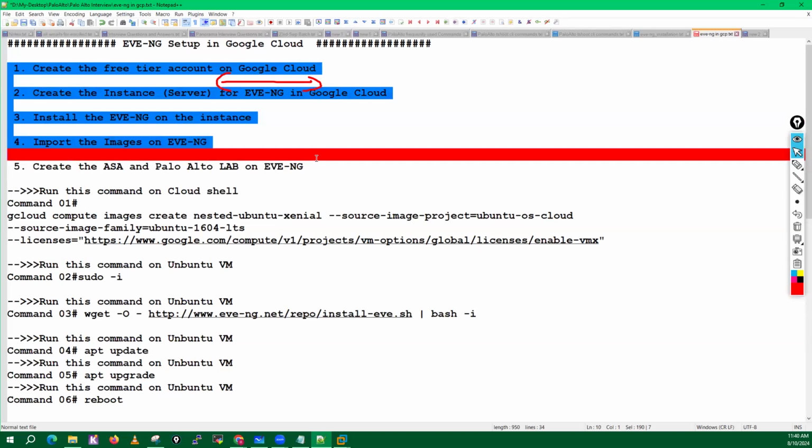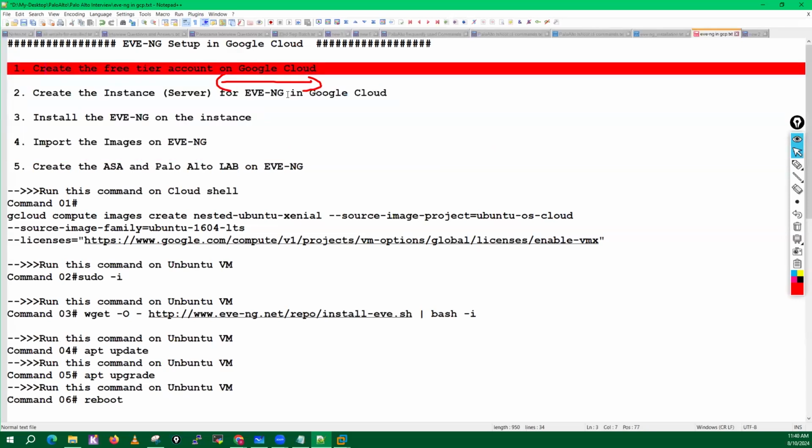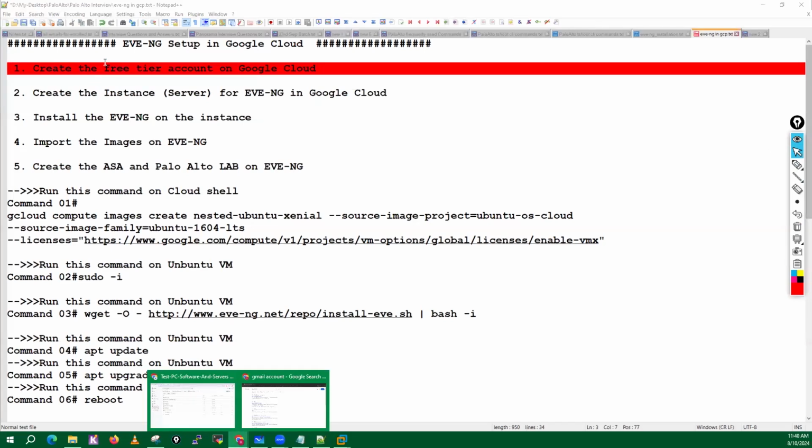And guys, this particular option is only for the people who do not have sufficient resources in their systems. For them only, I will recommend you go for the GCP option. So now let's try to create an account on GCP, guys. To create an account, I will highly recommend